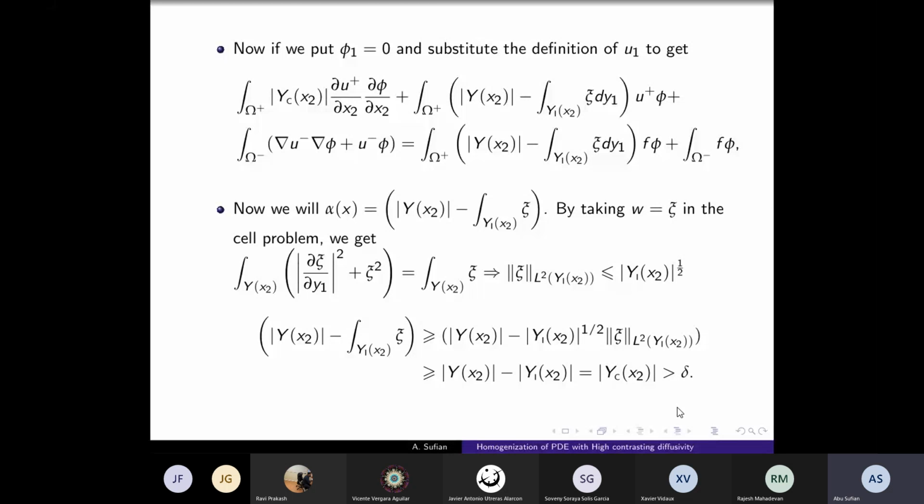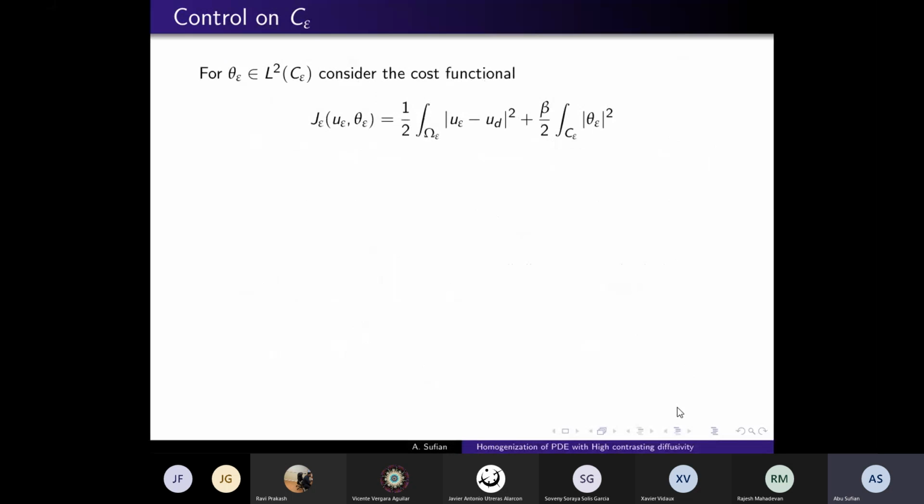Yeah. So now we'll try to see what will happen if we put control on the conductive region. For theta epsilon belongs to L2 C epsilon, just consider the L2 cost functional, that is J epsilon (U epsilon, theta epsilon) is equal to 1 by 2 integral over omega epsilon (U epsilon minus UD) square plus beta by 2 integral over C epsilon norm theta epsilon square, where UD is the desired